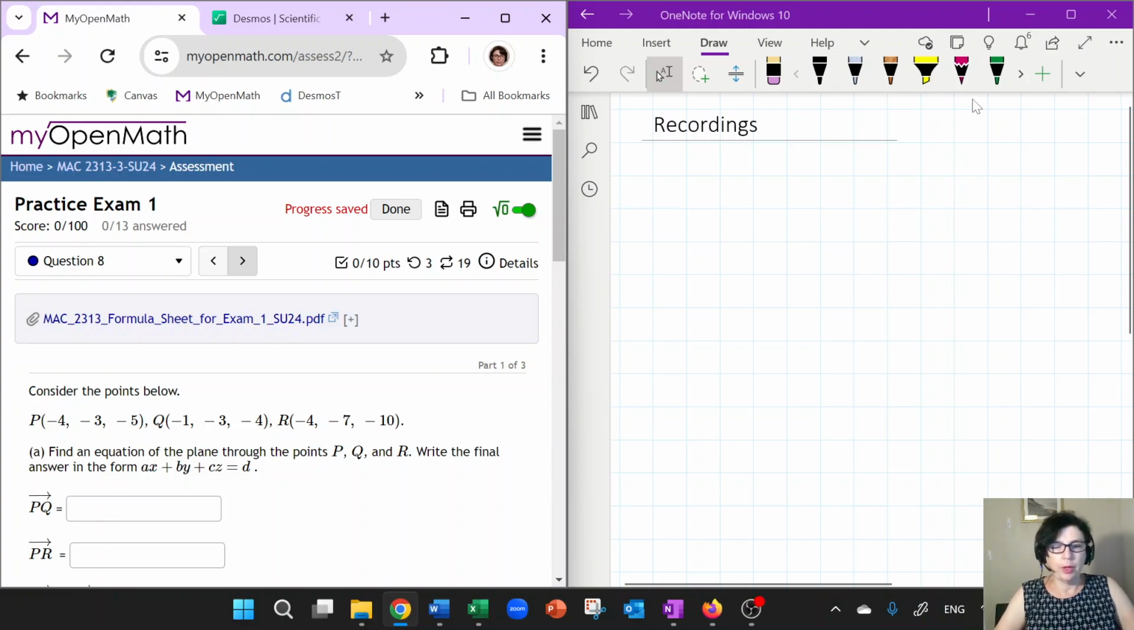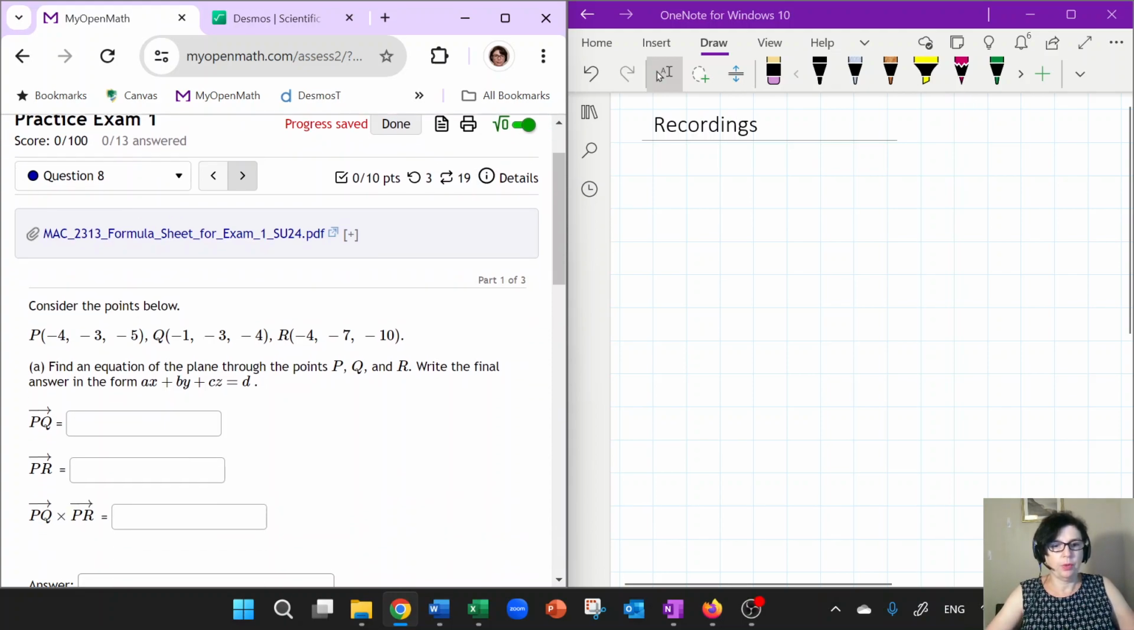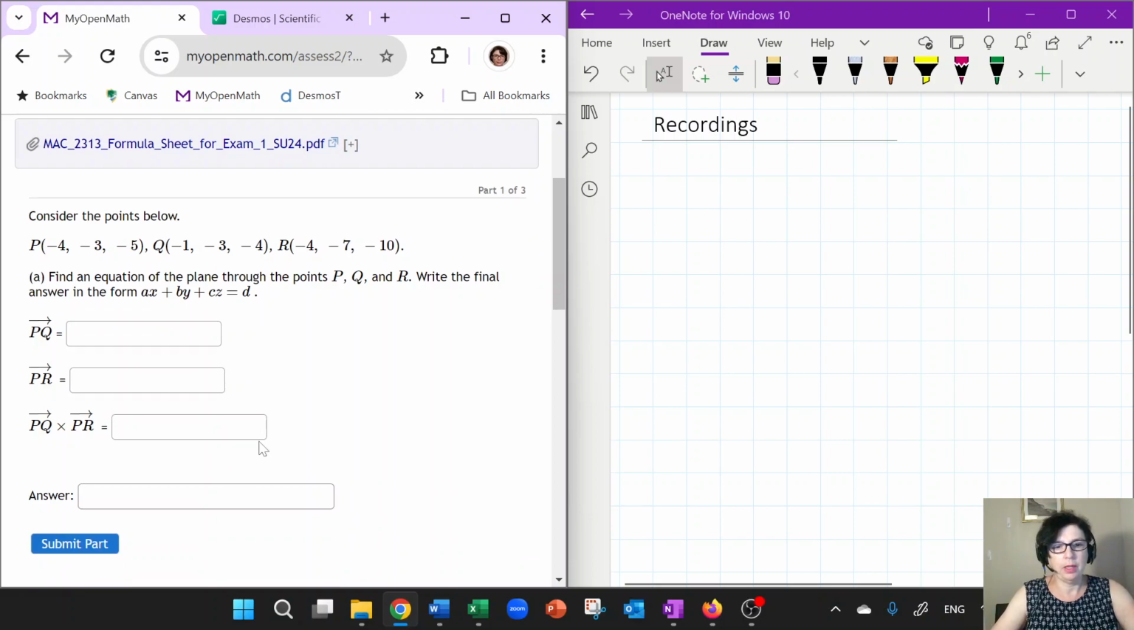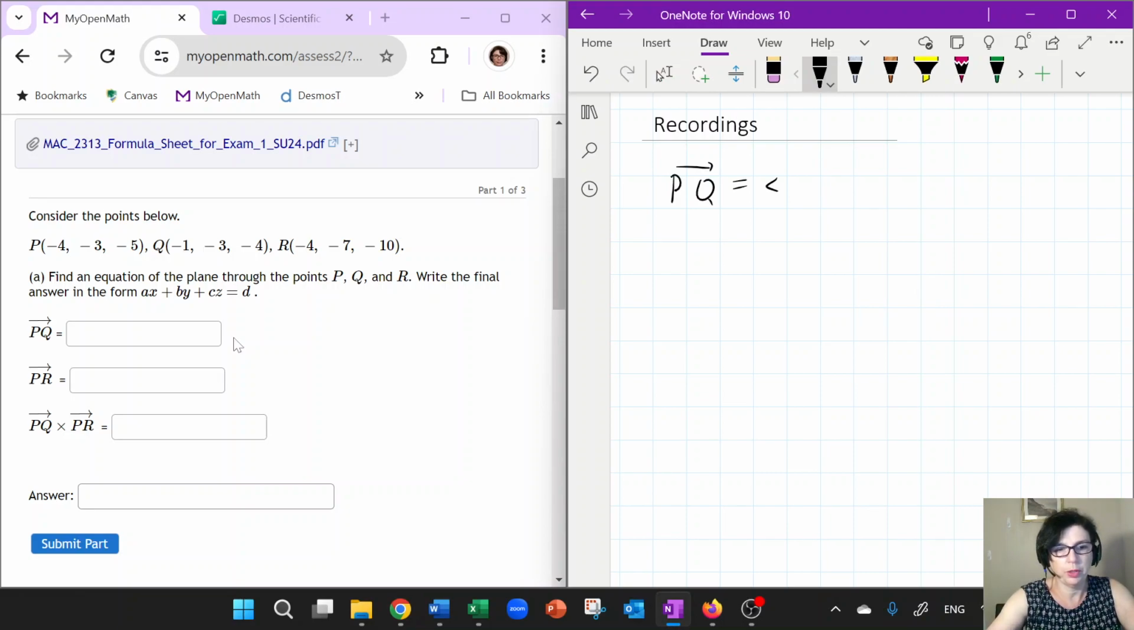In this question, we are going to take a look at applications of the cross product to finding the equation of a plane through given 3 points. First thing we're going to do is find vectors PQ and PR by subtracting the coordinates of point P from point Q. We get -1, subtract -4, then -3, subtract -3,